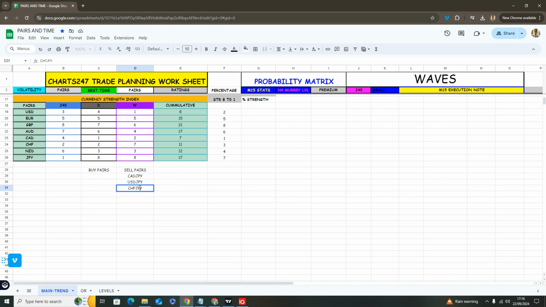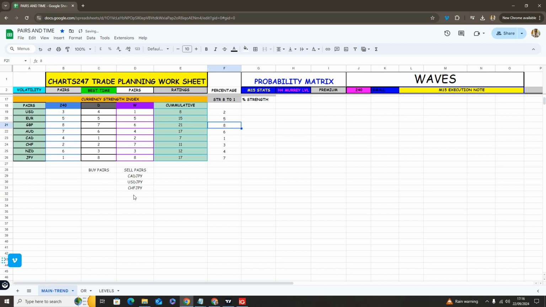CHFJPY. From what we've done here, we can see the weakness is coming into the Swiss franc, based on the weekly and the daily currency strength index. We can see a big decline in the positioning of the Swiss franc. Then we go to the next one, which is the